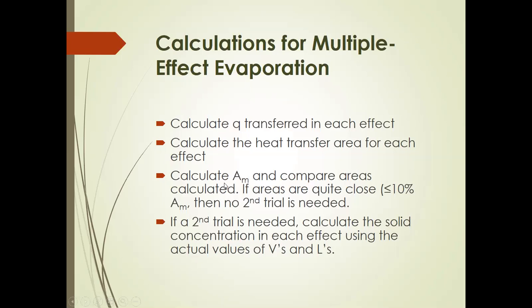Now, from these areas of each of your effects, you go to step 12, which will require you to get the mean or the average of all the areas that you have computed from each of the effects. And again, this is your second testing here in the steps. If the mean area that you have computed does not vary that much compared to the areas that you have computed here, meaning you compare the area here to the mean, if the variation is not more than 10%, there's no need for a second trial.